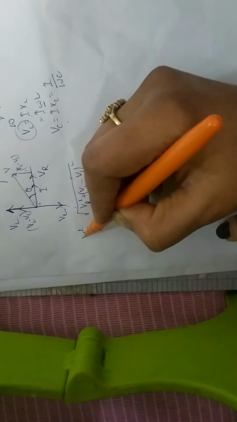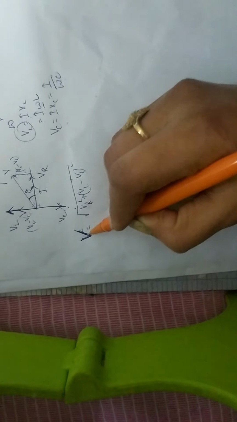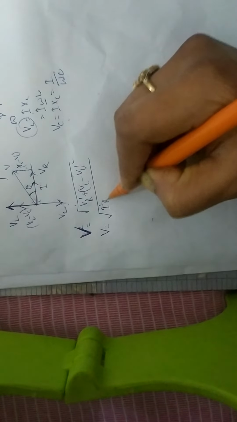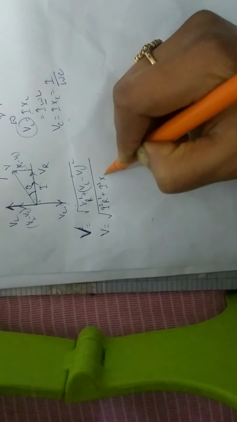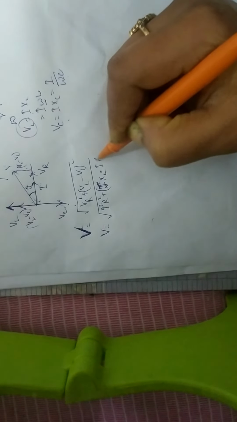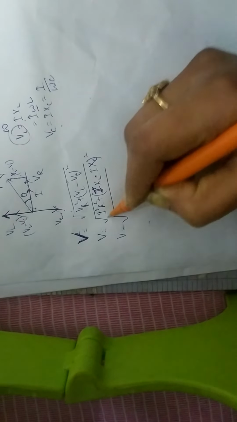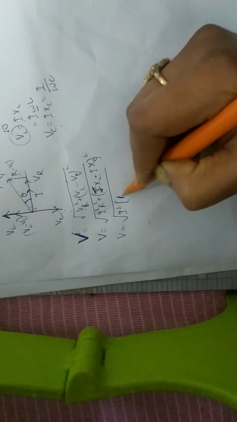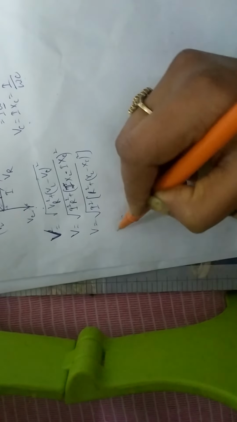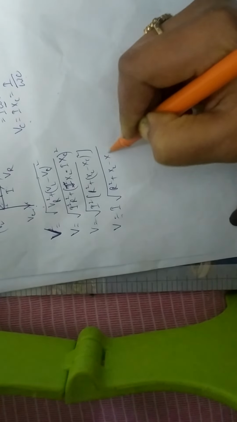Now put here all the values. I am writing here V. This is V square, then there will be a square root, this is just V, the total voltage. So total voltage V will be, now put here the values, I square R square plus I square XL, or first I'll write I XL minus I XC whole square. Now I square can be taken common, inside the bracket R square plus XL minus XC whole square. So V is equal to I times root of R square plus XL minus XC whole square.